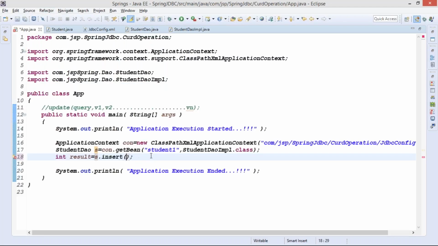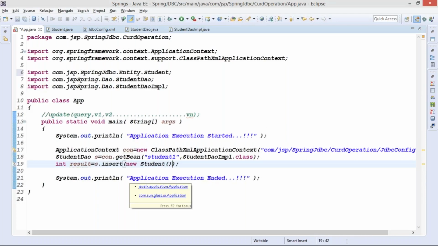You can write here new Student. But hold on, we have to set the properties as well. Again you are getting an error because it's present in some other package. We have to pass the properties, that is the city, the US and all. So instead of creating the object here, guys,